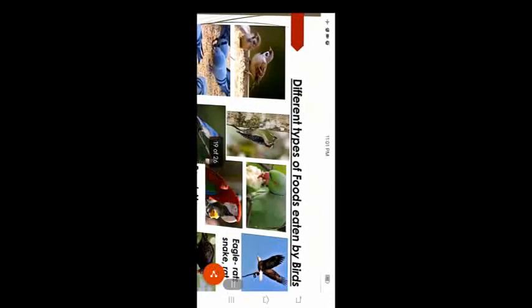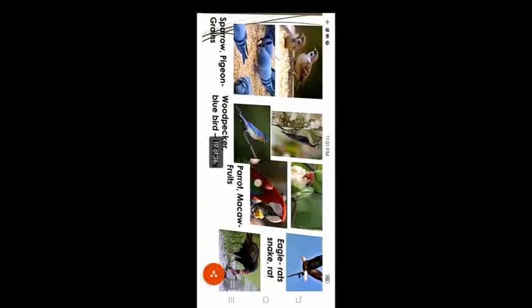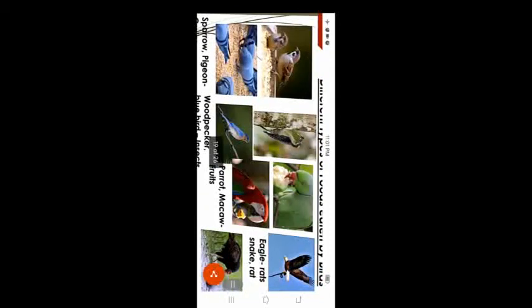Now we will talk about the different types of food eaten by the birds. Look very carefully, dear students. This is sparrow and pigeon. The sparrow and pigeon eat grains. You are watching